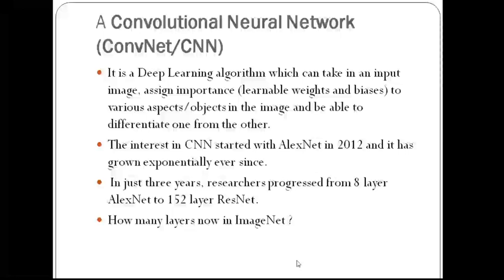So many convolutional networks are used in various ImageNet competitions, like ResNet, AlexNet, and GoogleNet. So you can check on the net how many layers are now used in the ImageNet competition of the